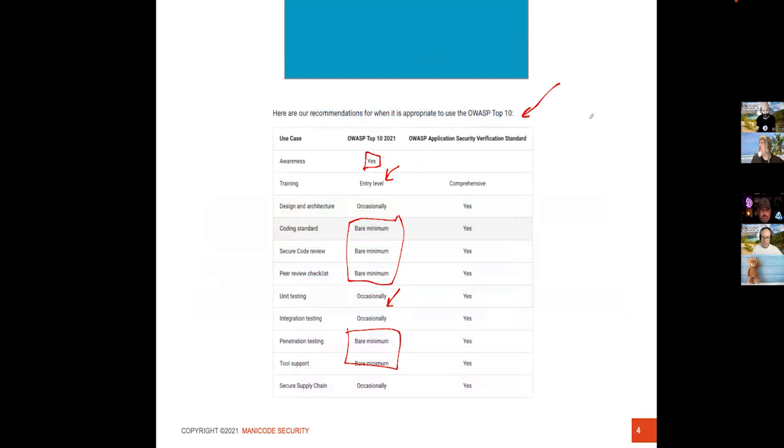So he's exactly right. When you want to do a standard, when you want to drive an entire security program off of a certain document, when you want to help base a product and measure how complete it is from an assessment point of view, when you want to look at your penetration testing team and see how thorough they are and what vulnerability classes they're looking at, when you want to help train your developers and teach them about security in a complete way, this is where the Application Security Verification Standard from OWASP shines. It's more of a complete document that's a standard that's trying to give you a large base of requirements to